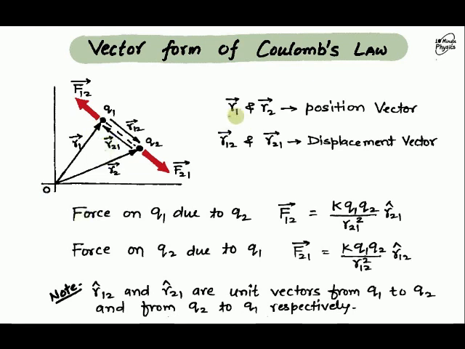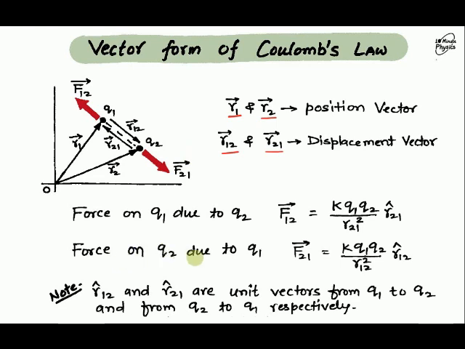The distance between the two charges is taken as r12, a position vector. The first arrow, which is directed towards q2, is r12. Similarly, the charge q2 exerts a force on charge q1 in the opposite direction, which is shown in another color, in the opposite direction to the first force. The force exerted by charge q2 on charge q1 is F12, and the distance will be along q2 to q1, so that is why the separation between the two charges is taken as r21.